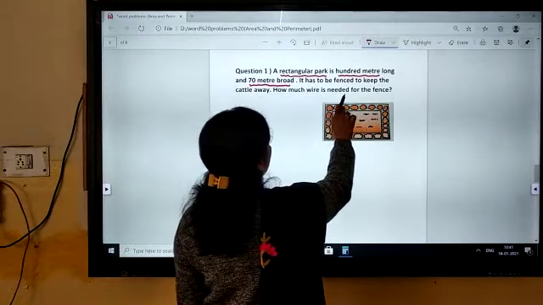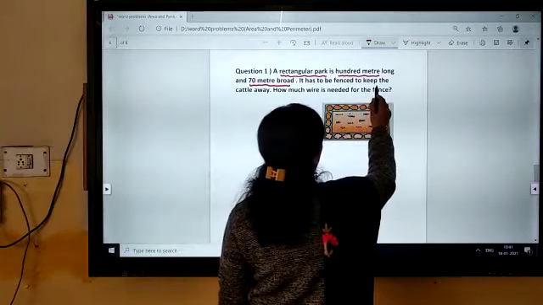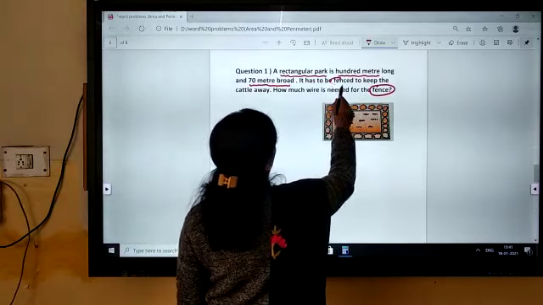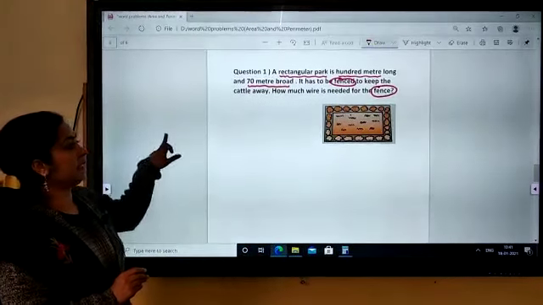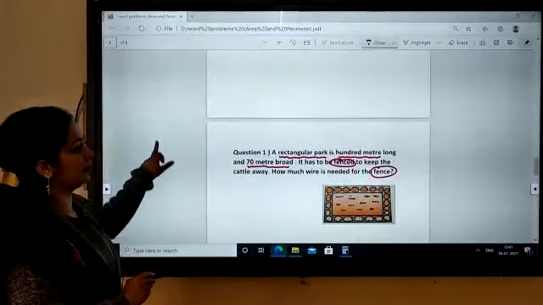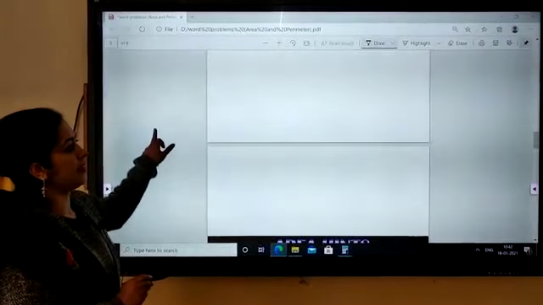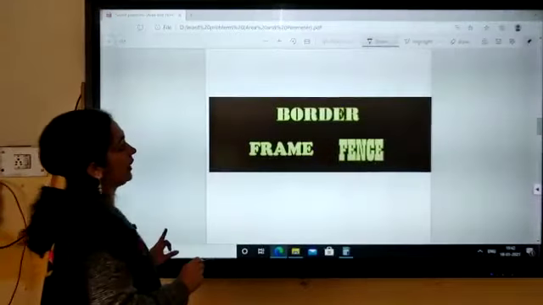How much wire is needed for the fence? The key word here is fence. So we have already seen this keyword in the perimeter hint. It means you have to find out perimeter in this